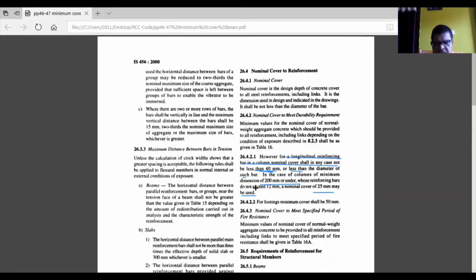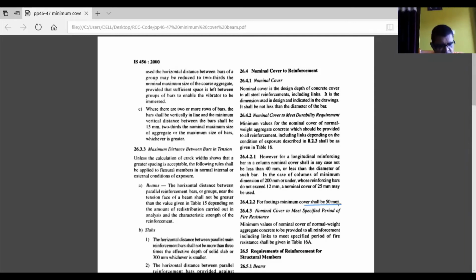In that case, the cover to reinforcement shall be 25mm. So this is the requirement for columns. And for footings, the minimum cover shall be 50mm.